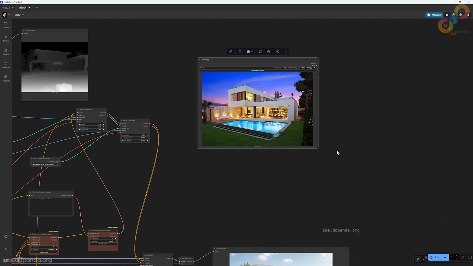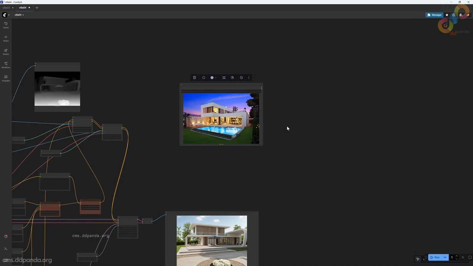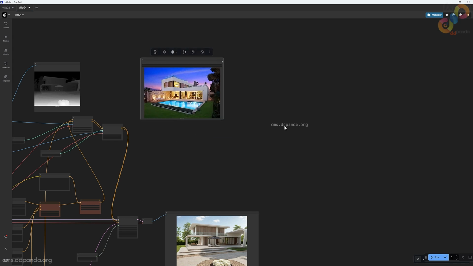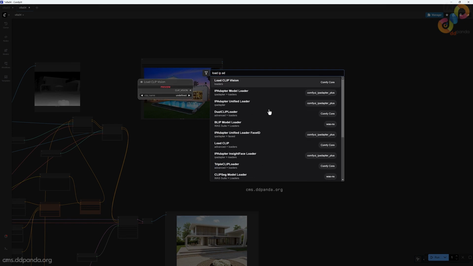In the case of IP adapters, what we really are looking for is colors, lighting, overall mood, not necessarily where things are, plus minus. So yeah, IP adapters are a bit more tricky to work with because they're not as predictable as using depth or normals, but they are very powerful if you learn how to use them and how to control them. So to create an IP adapter workflow in here, we need to first load the IP adapter model. So load IP adapter